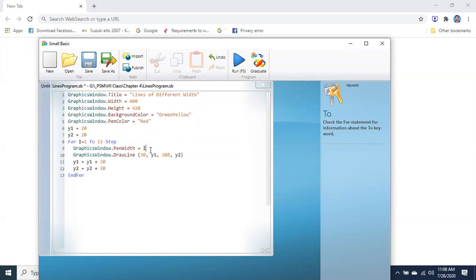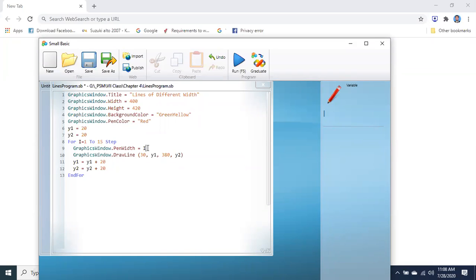The pen width we have taken in the form of a variable, which is I, and it is being increased each time.